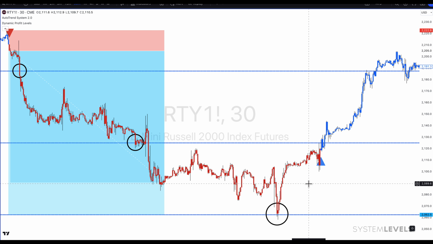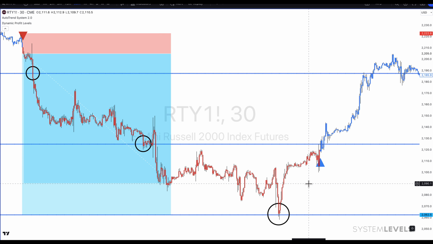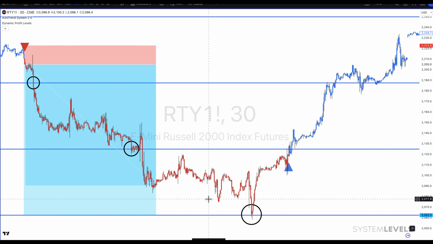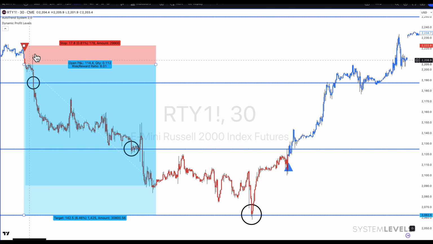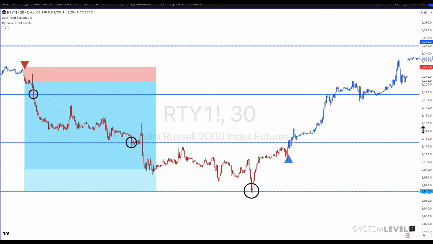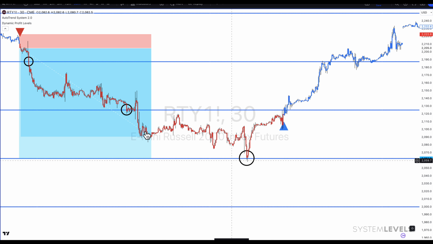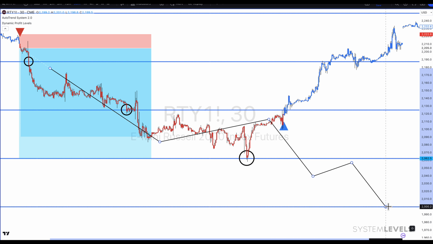The last piece of my position, I always leave my last piece to run for as far as possible, because in this trade, or in every trade, nobody knows what's going to happen, right? I shorted here. Maybe the market just has a complete meltdown, maybe just a very sustained long-term downtrend, and maybe we see a trend like this, and then it goes lower and lower and lower. Now, I don't know where the bottom will be, right? Nobody knows. So I like to keep at least a quarter of my position on